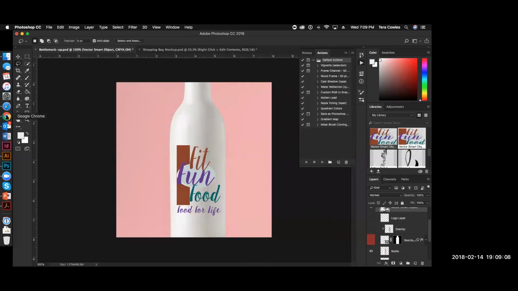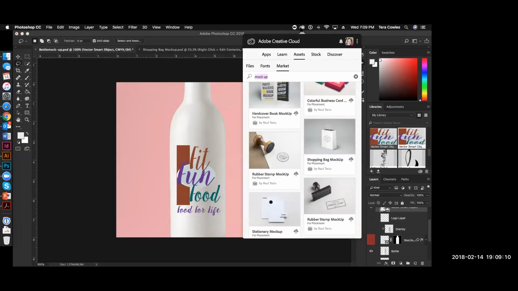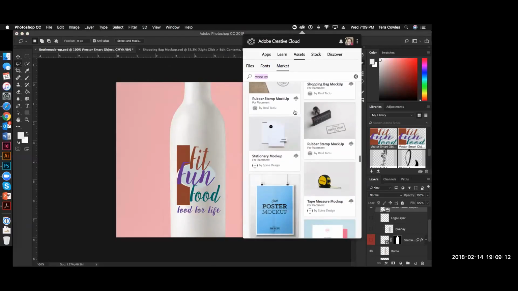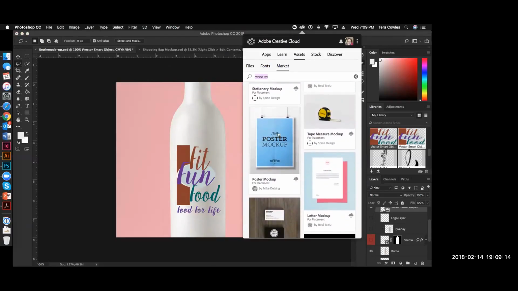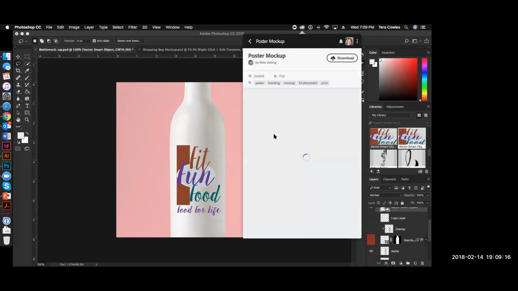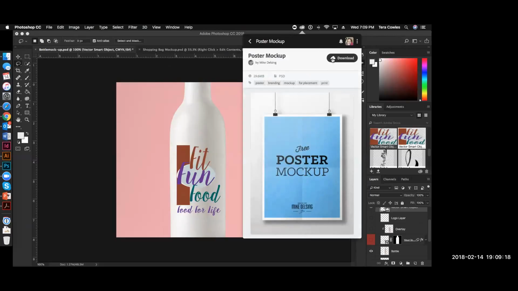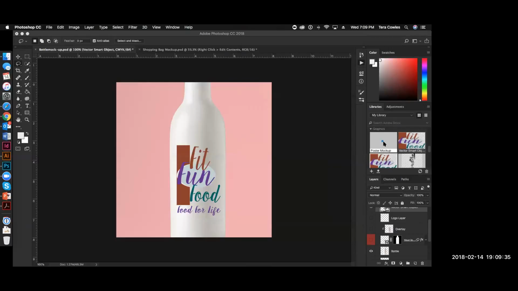So let's take a look at the Adobe Creative Cloud again and see if there's anything in here. Ooh, we can make a poster with our new logo. So I hit the download button. I'm going to put it in my library because I have too many of them that are named my library, which should probably have the font I'm drawing out on it. So while it's downloading,